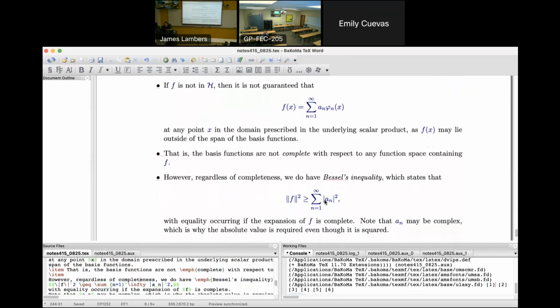Oh yeah, one thing I want to point out. It may seem redundant to have absolute value and squared, but we're talking about coefficients that are not necessarily real numbers. It could be complex. That's why I have